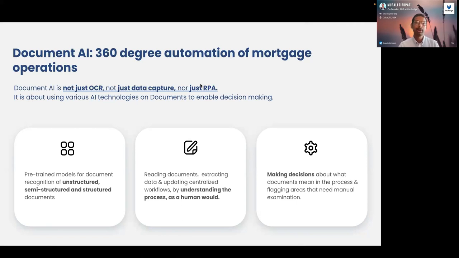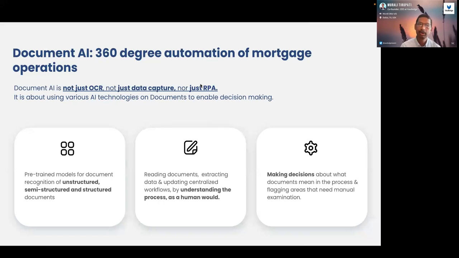As opposed to looking at a dictionary and then trying to figure out a meaning, you really need to understand the context and the overall picture when you're trying to translate, right? The same thing applies here as well. Now, some of the more concrete ways I can explain the difference between traditional OCR versus document AI is that